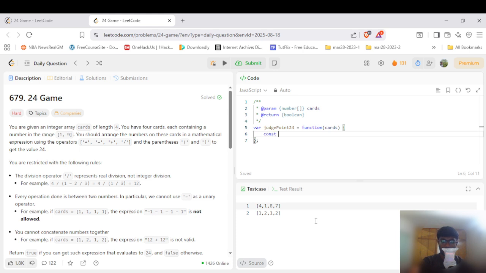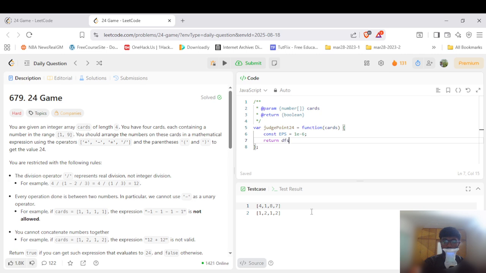So I'm going to start off with a variable declaration called EPS, which would be 10 power minus 6, which I'm going to represent this way. And we are going to check a few cases, like if the nums.length is less than or equal to 4, or if there is only one number, then we are going to check if that number minus 24 is less than or equal to EPS, which means it is close to 0, right? So before even doing that,